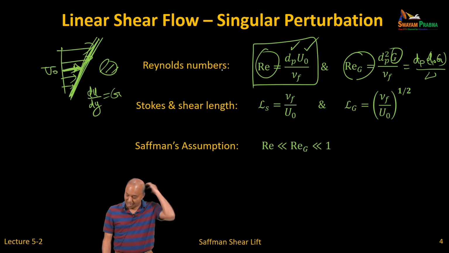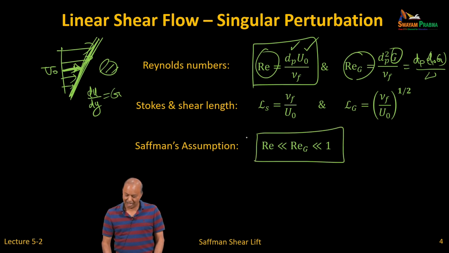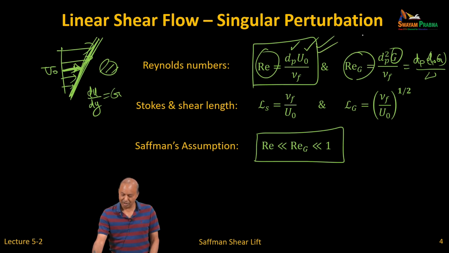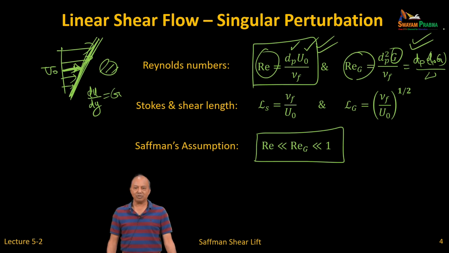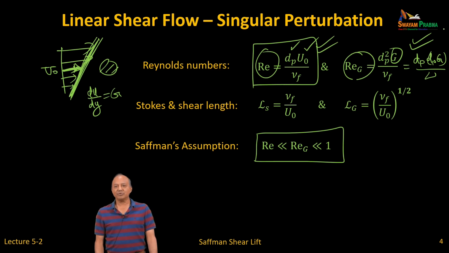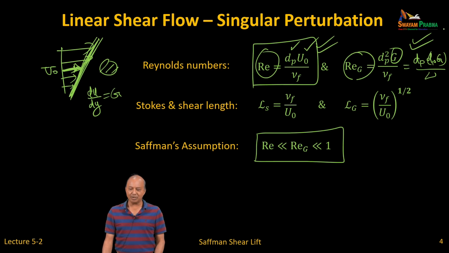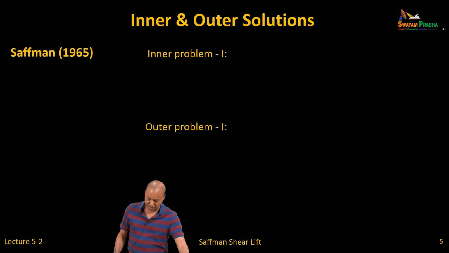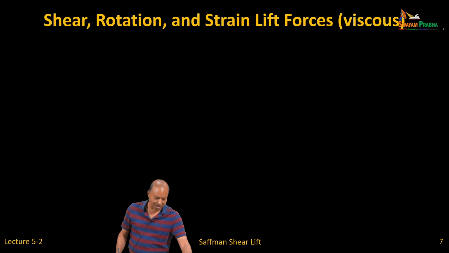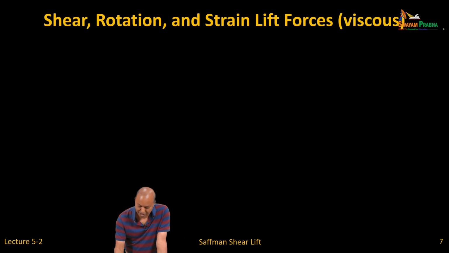Okay. Now, there is a lot of details. The classic work of Saffman, he assumed this Reynolds number to be much smaller than this Reynolds number, and he did the theory, and I have gone through the theory in the notes. You have to solve the inner problem and outer problem. So it's a perturbation problem, singular perturbation problem. Okay, and the end result. This is inner problem, outer problem. I'm going to skip all these things, and the end result is